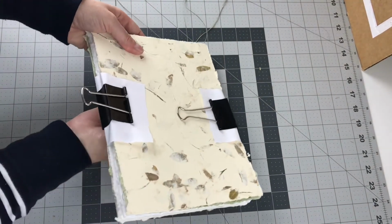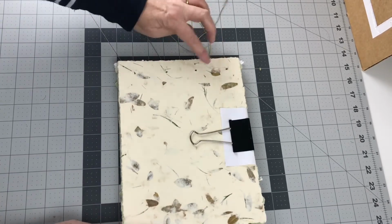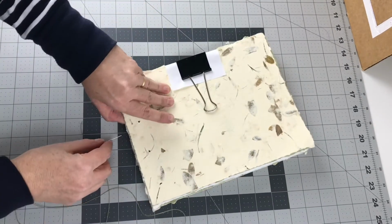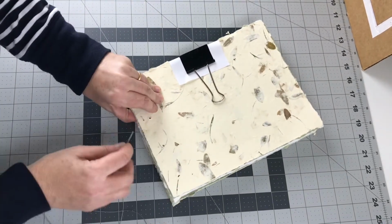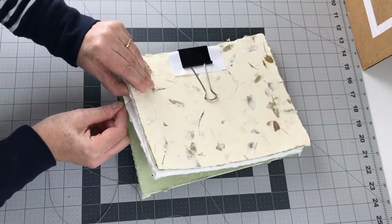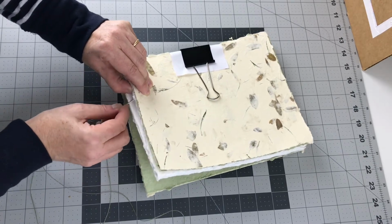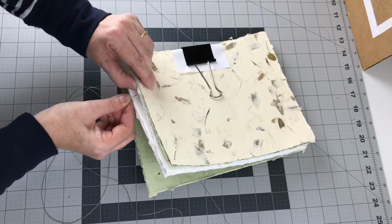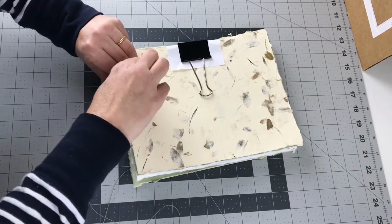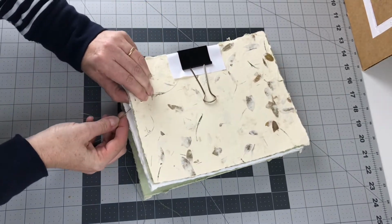And then you're going to remove one of the clips because we need to, I'm just counting the holes, 1, 2, 3, 4, pretty obvious, but just in case. We're going to come in through the spine, through hole number 2 from the center of the book, or at least 3 or 4 pages down. This, I will not lie, is the tricky part, and sometimes you have to push your needle through the other direction just to kind of see where you're going. So you guide the needle through